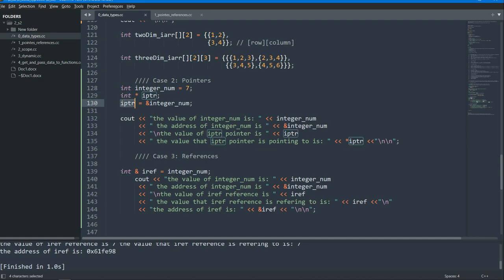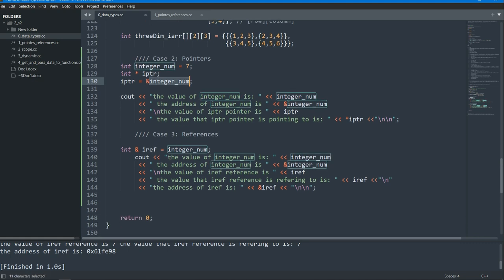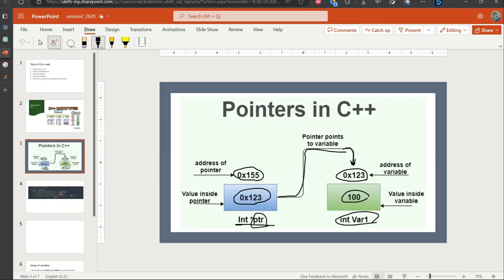And here I have initialized my pointer IPTR to the address of integer number, and the way that I can get the address of a variable is by using the ampersand sign. And then I have printed here the value of my integer, and then here the address of my integer, and the value that is stored in the IPTR block, this value,